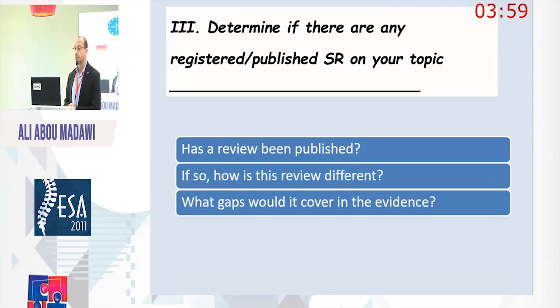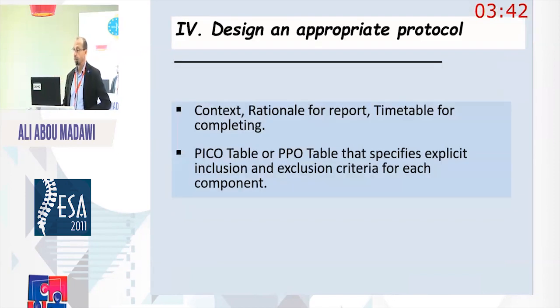And if registered, how is this review different from the other one that is registered? And what gaps would it cover in the evidence that will add to the previous review? And then you go to design the appropriate protocol. You have to look at the context of the research, the rationale of the reports, and the timetable for completing